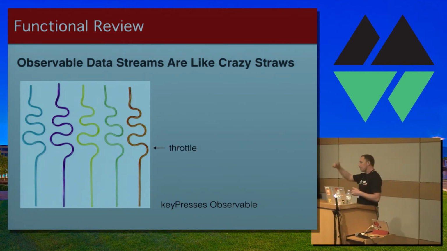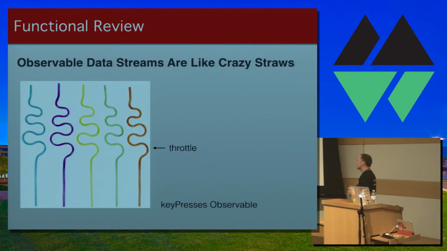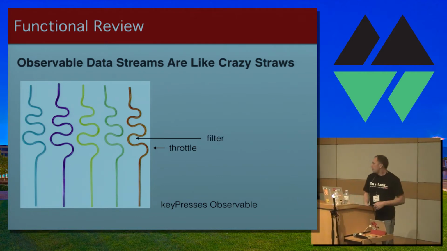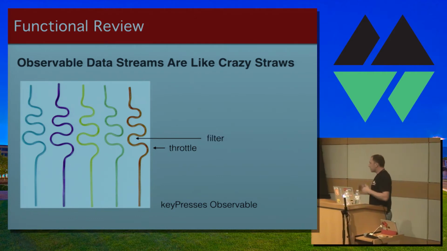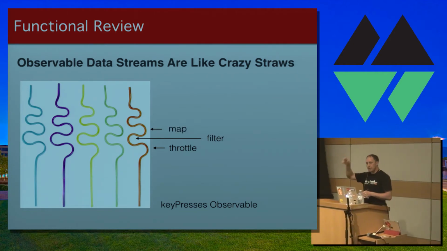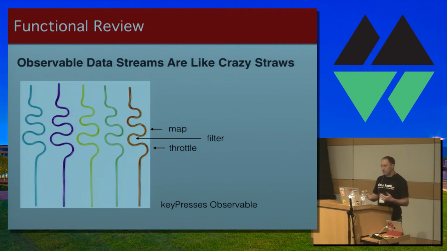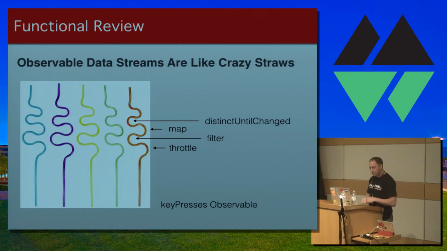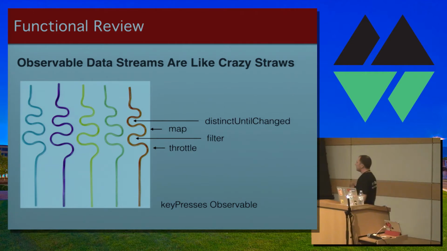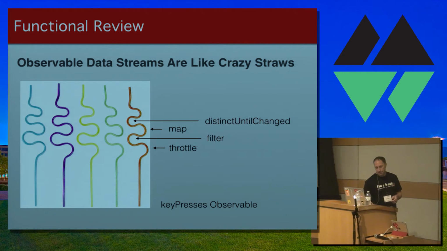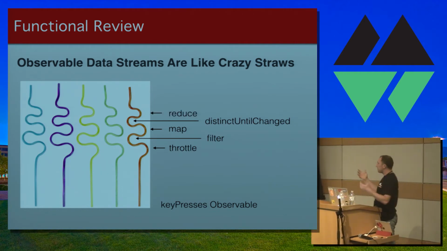As it does, it's going to take a twist and turn, and we're going to start doing things to that data. Right? So first we're going to throttle it. Then we're going to filter it out just to get longer search results. So as it travels up the straw, it's changing every time. Then we're going to map through those key results to probably get some type of AJAX data from them. Then we're going to call distinctUntilChanged, so we'll make sure that we're only pushing data once it changes into the stream. Then we can reduce it into a single